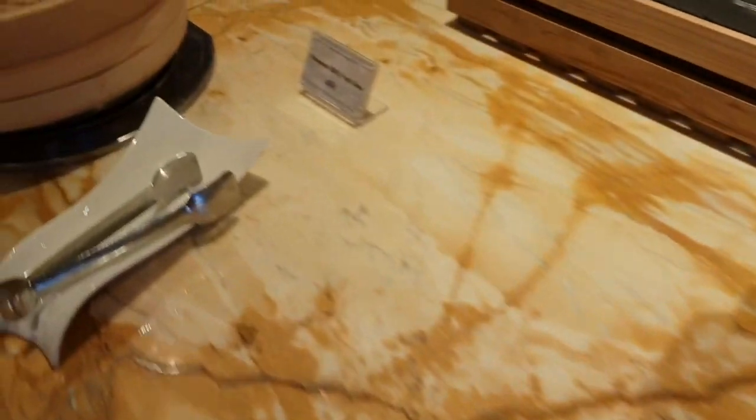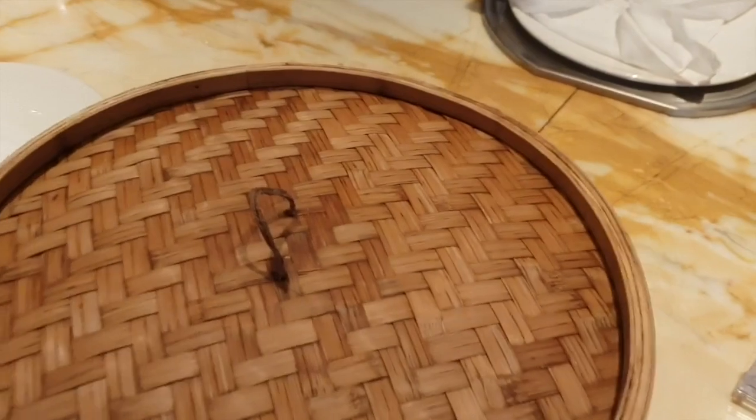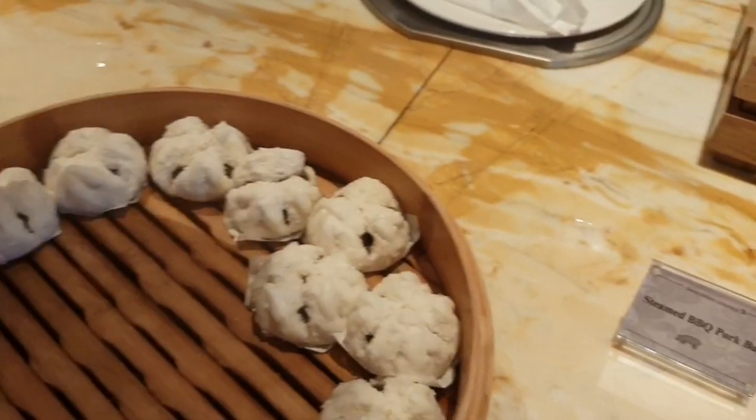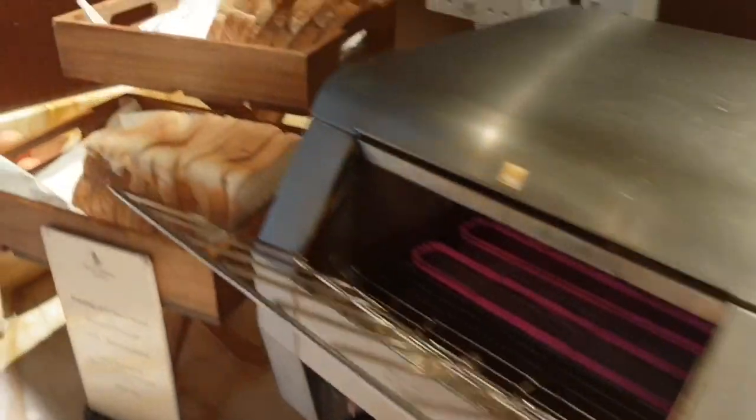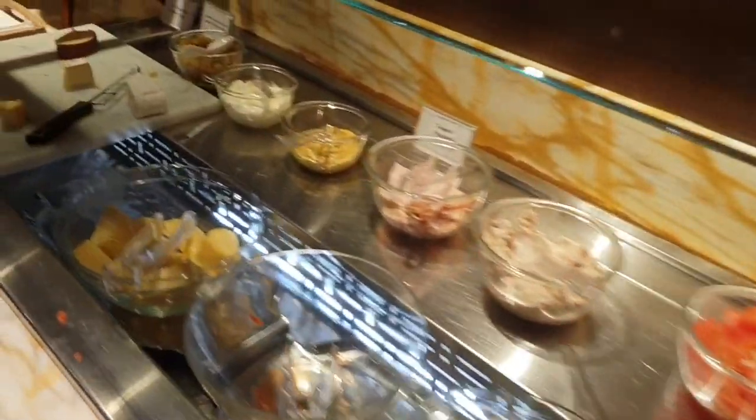My name's Tim and I'm going to quickly take you around this business class lounge in Changi. It's called the Silvercrest Lounge. It's one of the most extensive business class lounges in the world, one of my favorite ones. I'm going really quickly simply because it was so crowded and lots of people don't like to be filmed, so bear with me. There's a great array of foods, cold, warm, Western, Asian,